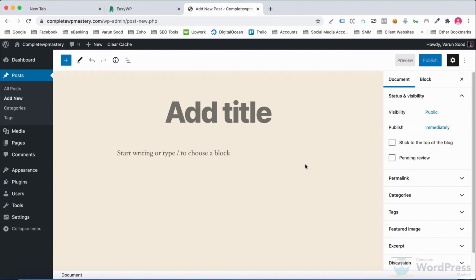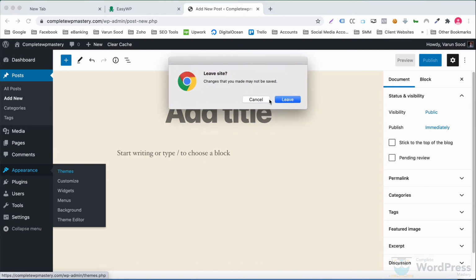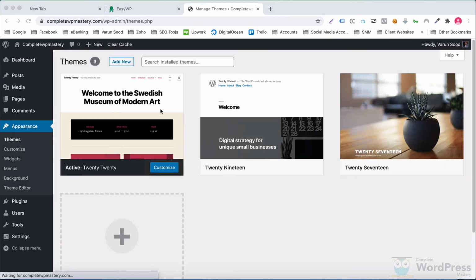Another important thing that the WordPress admin panel lets you do is modify how your website looks by choosing and customizing themes. To work with WordPress themes, you just need to hover over the Appearance menu item to expand a list of theme options. By exploring the other menu and sub-menu items of the WordPress admin panel, you can control pretty much every aspect of your website, from settings to users, plugins, comments, and a ton of other stuff. We'll discuss all of that in the coming videos.